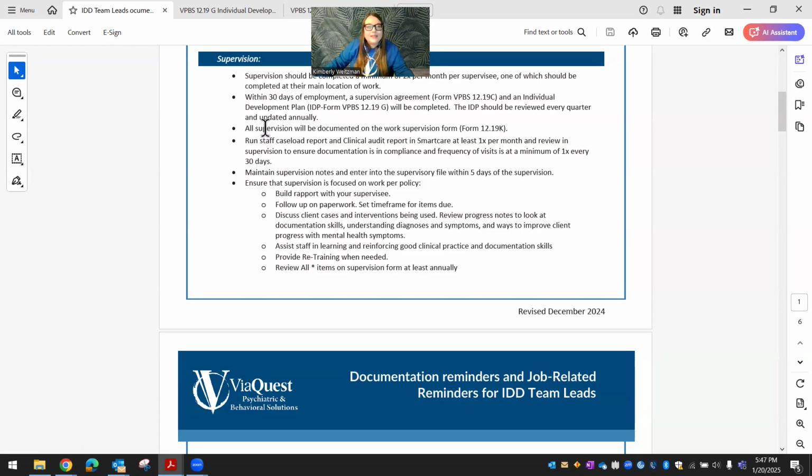Okay. So moving on, you want to maintain supervision notes and enter them into the supervisory file within 5 days of supervision. So while we're talking about supervisor binders, if you're not familiar with what goes into a supervisor binder, or if you need a refresher, there is a separate training dedicated to what to put into the supervisor binder and how